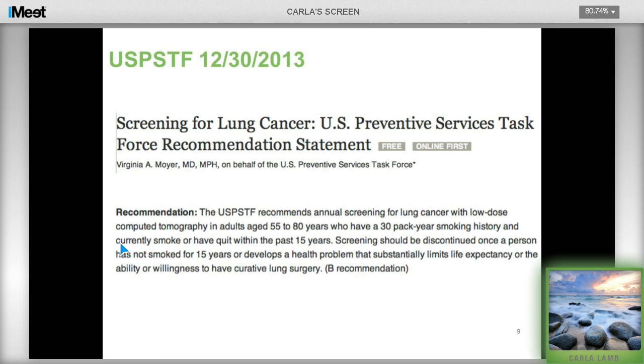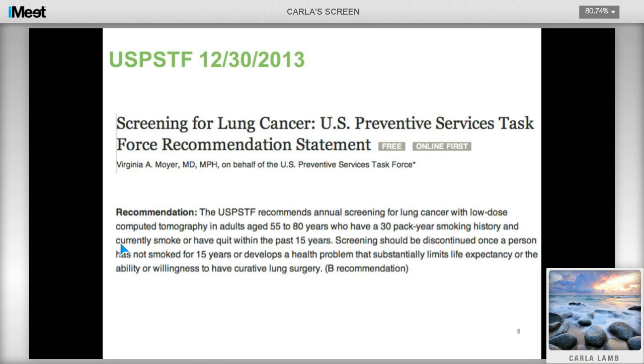This is just to remind us, it was in 2013 that the USPSTF came out with their recommendation. You'll note that the age range is different here. It's actually age 55 to 80. Currently, third-party payers are only covering age 55 to 77. Again, these are things that I think will be dynamic as we move forward in terms of who will ultimately be covered for screening. But they specifically identify the 30-pack year history, the patients who have quit smoking within the